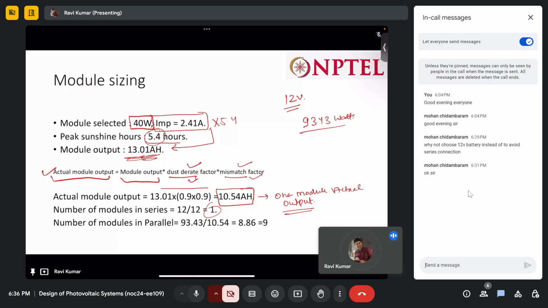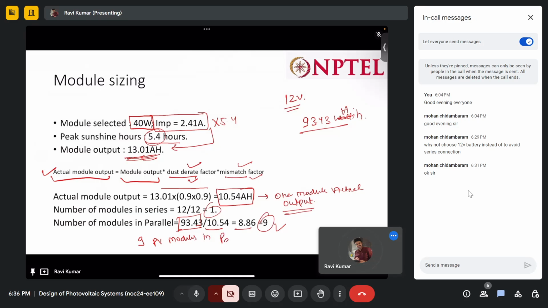Oh sorry, it was ampere hour, right? So now you will divide this total required ampere hour by the module ampere hour. You will get the number of modules as 8.86. It cannot be 8.86, so it should be 9. So here we require 9 PV modules